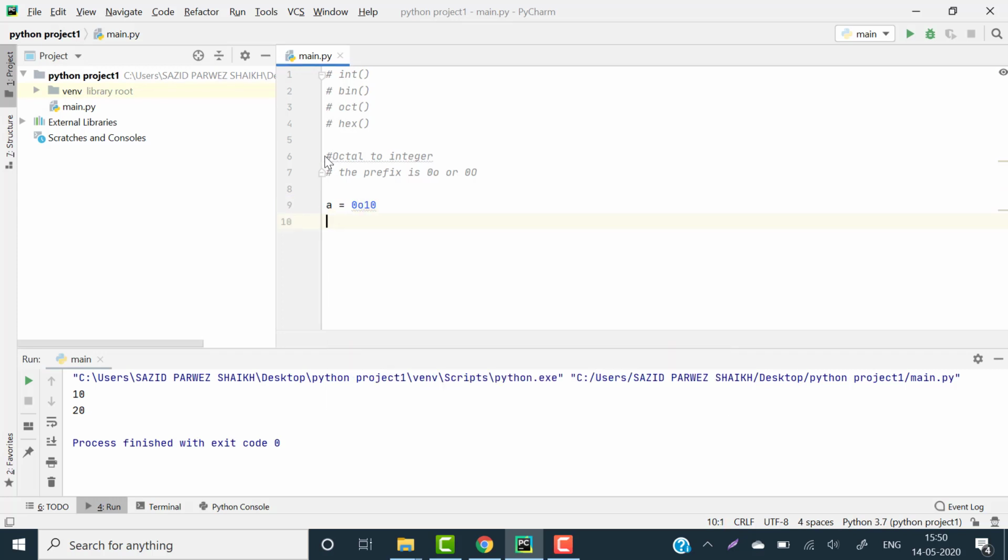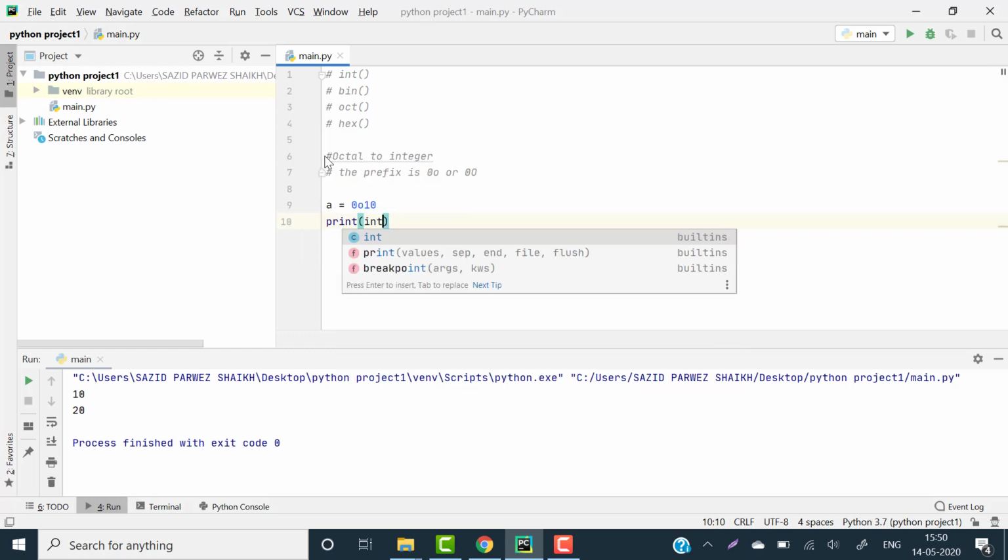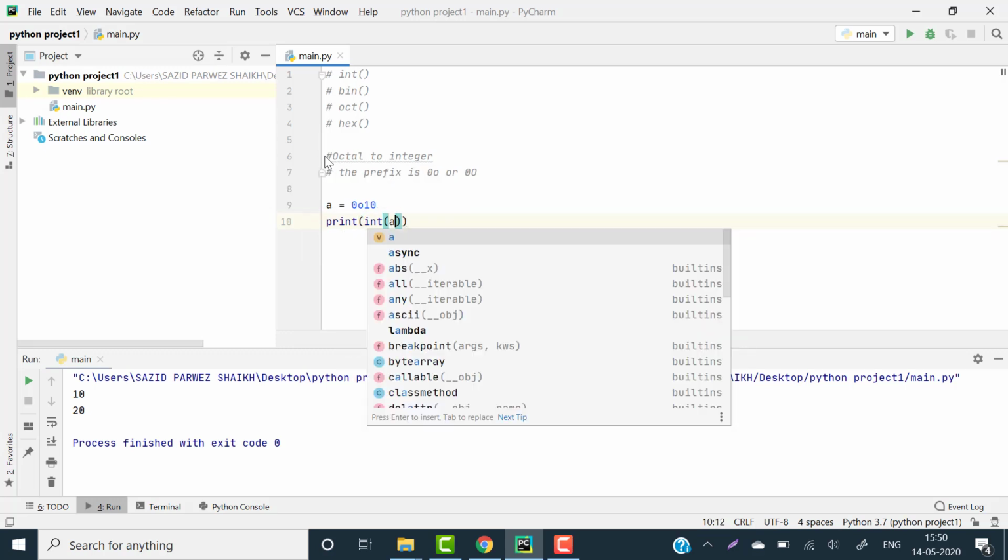This is an octal number and we have to convert it in decimal form. So print int function a and now run this program. It is giving value 8.